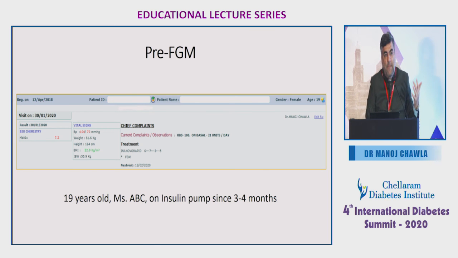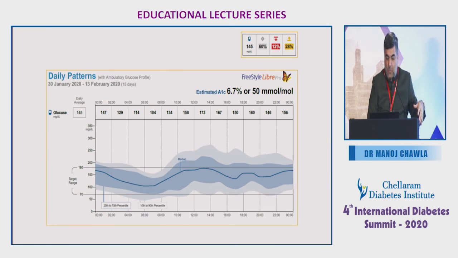Now, clearly, for an insulin pump patient, it's a no-brainer that you would want to do more CGMs because you need to identify what to change, especially in the basal dosing setup. The boluses, you train the patient to do more carbohydrate counting and manage that. But for the basals, it's more important to start seeing the profile. So this is, again, another case where this was done. Now, somebody to comment about this young girl's AGP profile. Do we have somebody in the audience to come ahead?